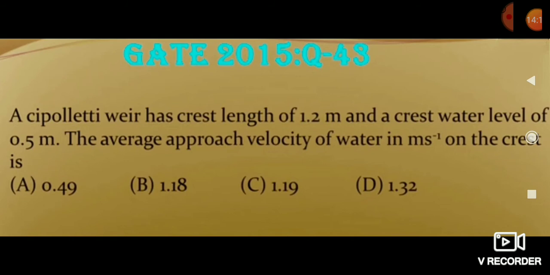In further lectures, I will give you the information about the superlative weir. But here is the question we have seen. So we will try to solve the question, nothing big, only one little bit of concept. Superlative weir is nothing but it is a